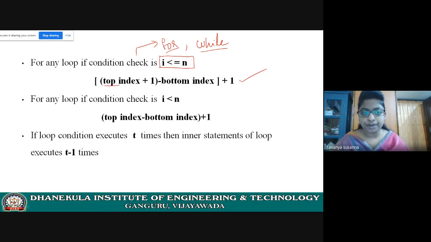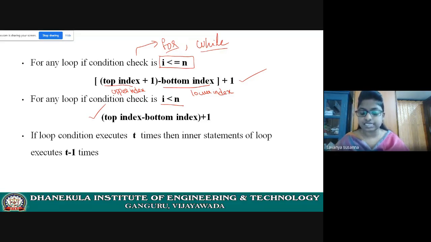Here top index means upper index, bottom index means lower index. Now if in the loop the condition is I less than n, then you need to take this formula. If I is less than or equal to n, take the previous formula.